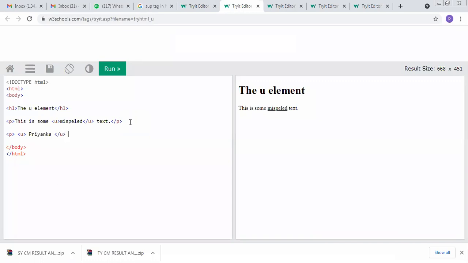The U tag is closed. Whenever we run the U tag, with the help of this, we underline that word. This is the example of the U tag, in which we underline the keyword Priyanka and the remaining text is displayed as it is.